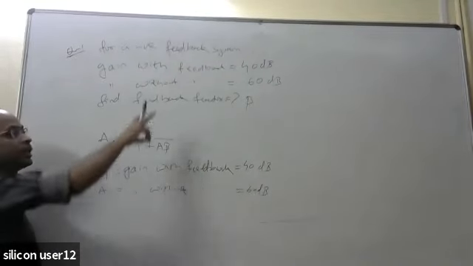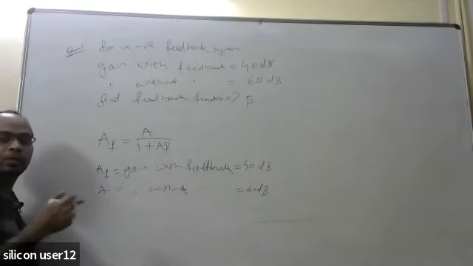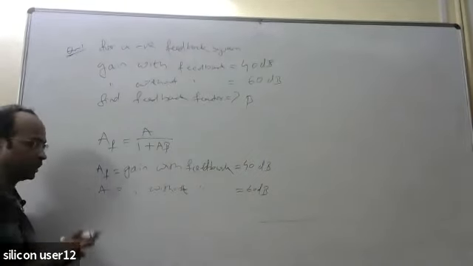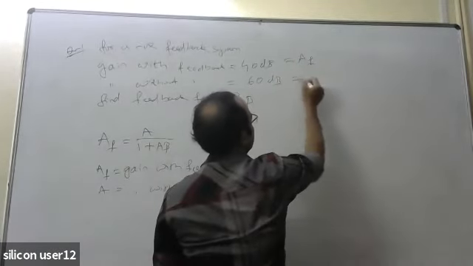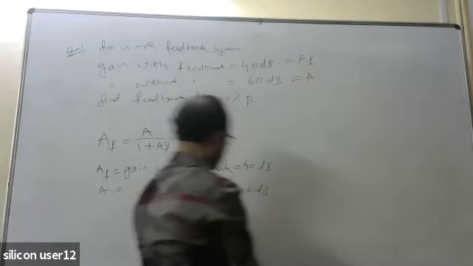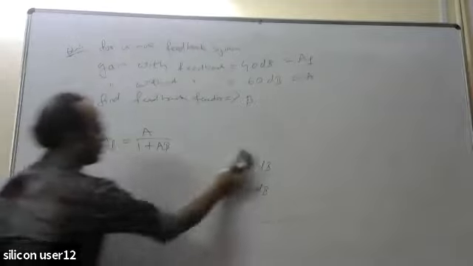Okay, now it is given in terms of dB. 40 dB दिया है. तो dB कैसे calculate करते हैं पता है? So that means this one is your AF, this one is A, and beta it is asking. We have the formula F equal to A by 1 plus A beta.